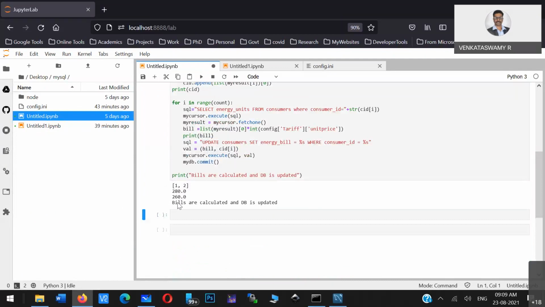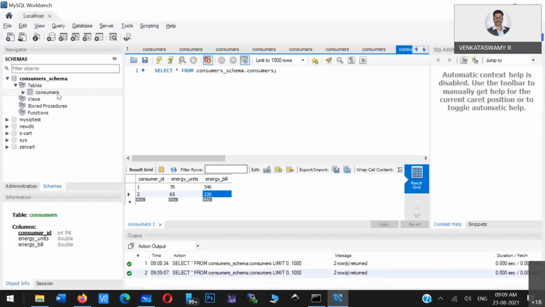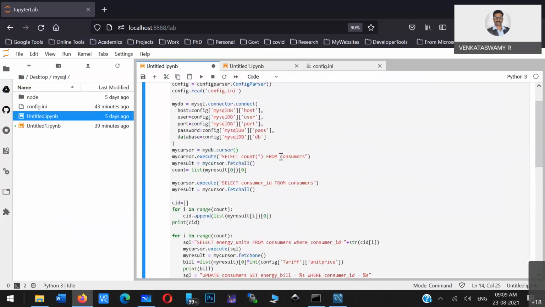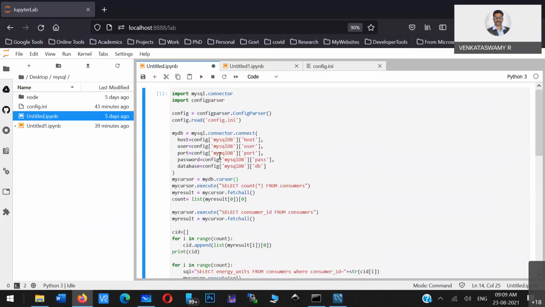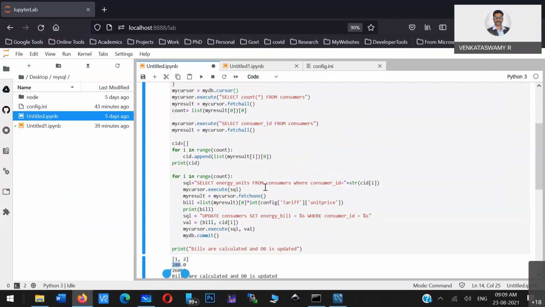When I run this program, you can see the new bill amounts are 280 and 260. When I refresh the database table, the new value is coming. That means this program is connecting to the database and updating it, so we can ensure that.